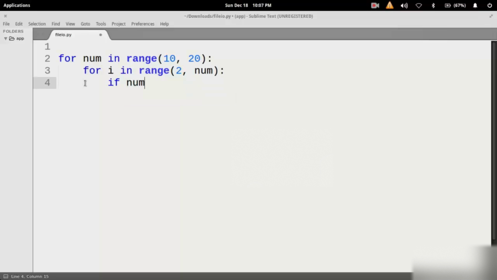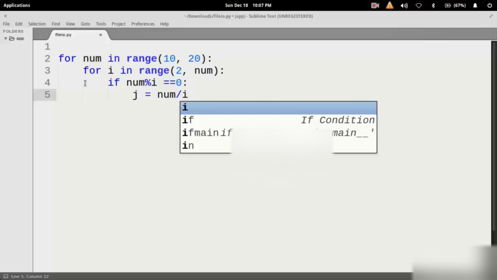If num modulo division i equals 0, then in order to calculate the second factor, let's do j equals num divided by i,